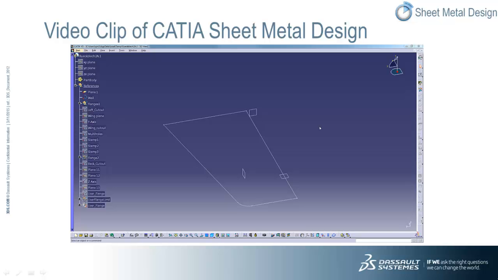In a moment, we'll see a short demonstration highlighting some of the key capabilities within the CATIA V5 sheet metal design product. You'll see that CATIA sheet metal design's feature-based approach uses industry-specific terminology for sheet metal workbenches and features such as walls, flanges, cutouts, stamps, extrusions, bends, etc. This allows sheet metal specialists to design sheet metal parts using a language they understand in creating feature-based sheet metal